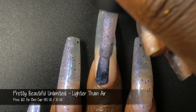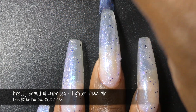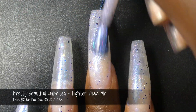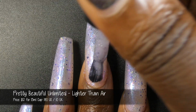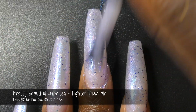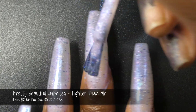Next up, we have Pretty Beautiful Unlimited with Lighter Than Air. This one is inspired by the Elemental Air Dragon and described as a pale, grayed down lavender crelly base with a blue to purple to pink shifting shimmer, micro hollow flakies, purple and sapphire micro glitters, and a mix of 5 different crystal chameleon flakies. It's priced at $12 for 15 ml and has a cap of $190 for the US and $10 for the